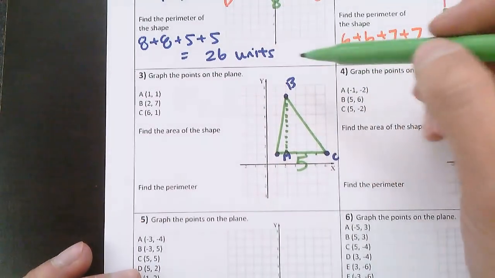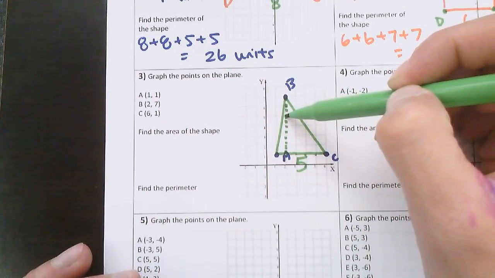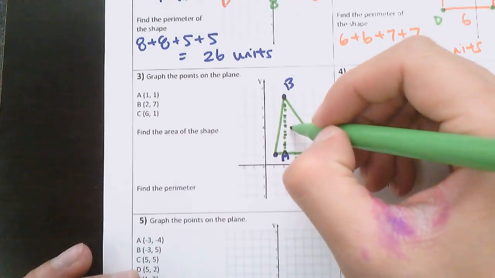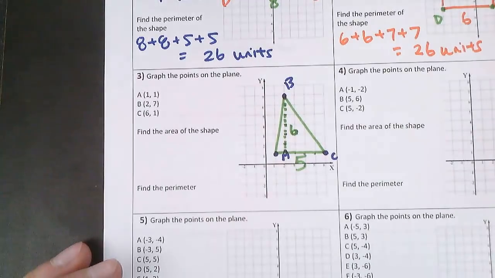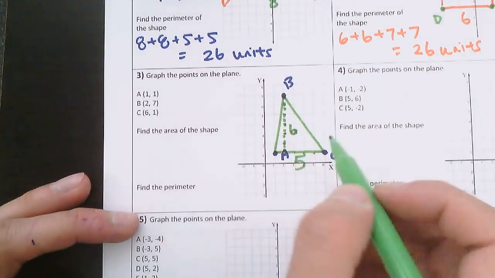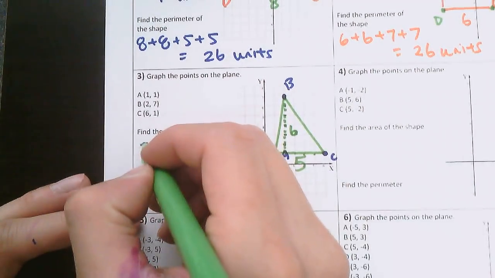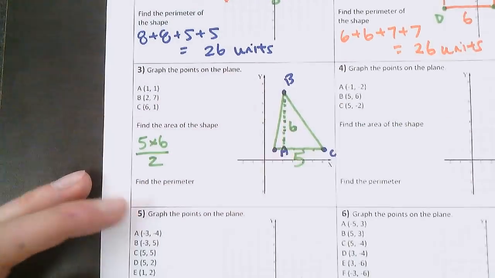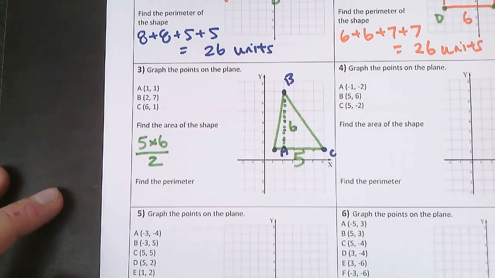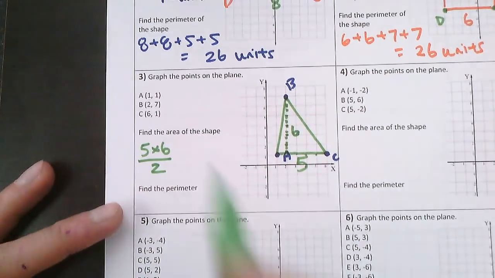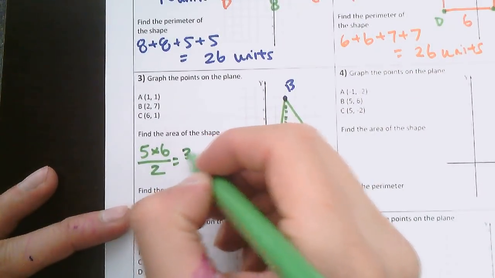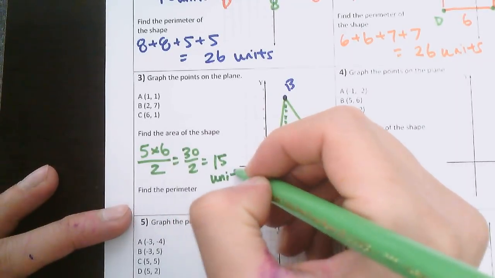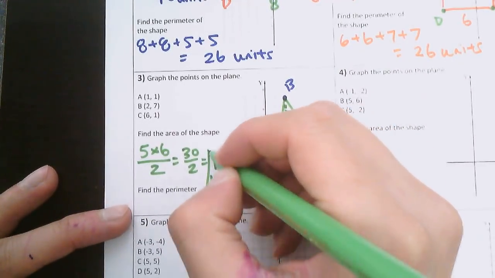We can also count how many units this height is. 1, 2, 3, 4, 5, 6. So the height is 6. The base times the height, so the base is 5, times the height, which is 6, and we're dividing everything by 2, because a triangle is like half of a rectangle, so that's why it's base times height, then divided by 2. 5 times 6 is 30, 30 divided by 2 is 15, so 15 units squared is the area